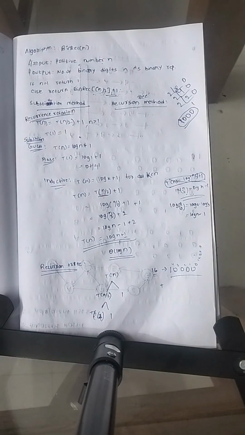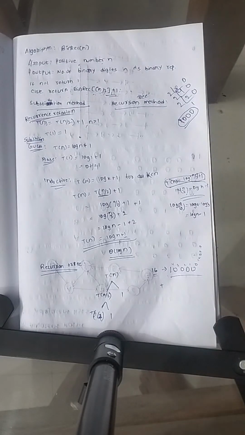Okay. So how many digits are there, guys, in 1 0 0 0? 4, right? Yes, so 4 digits are there. So if the input is 8, what do we have to get? We have to get the output as 4. This is the